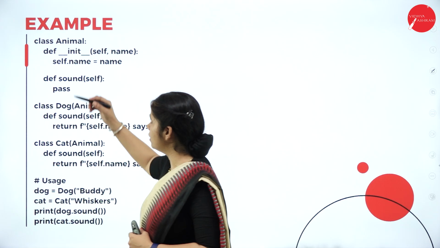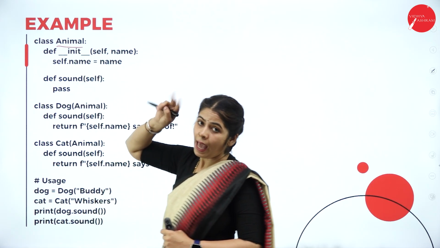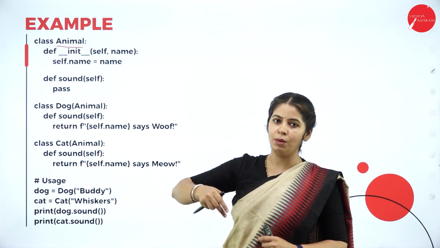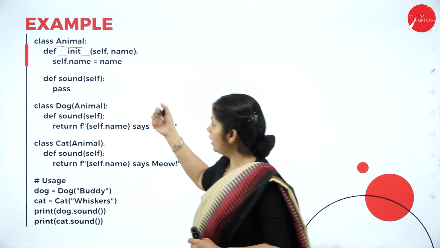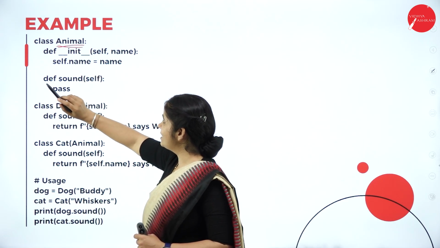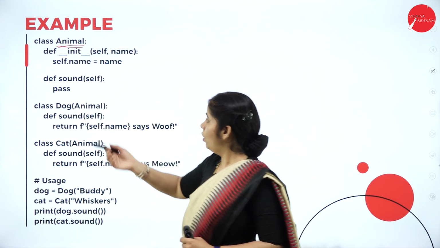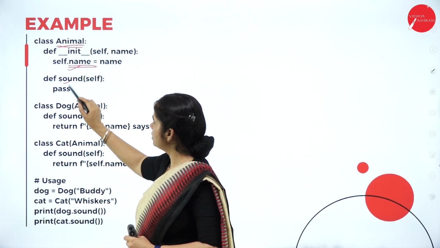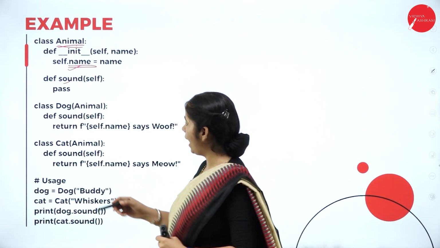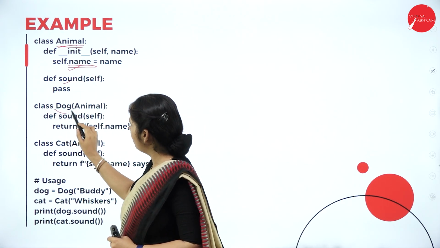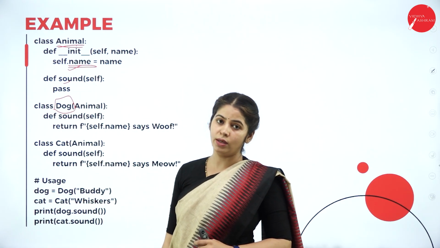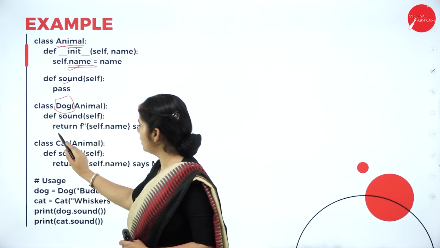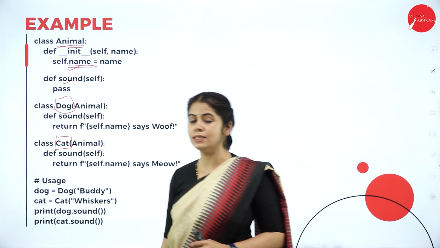In hierarchical inheritance, what we have taken as a base class is Animal, right? Animal can be herbivorous, carnivorous, wild animal, domestic animal; like that we have different categories. So let us see what the Animal base class is deriving. In the Animal base class, what attributes do we have? Name, and sound is a function that we have. Then the Animal class is deriving one subclass or child class, that is Dog, and it is also deriving one more child class, that is Cat.